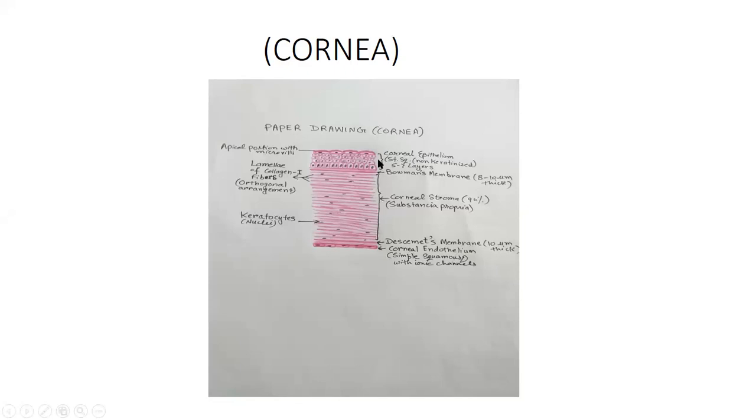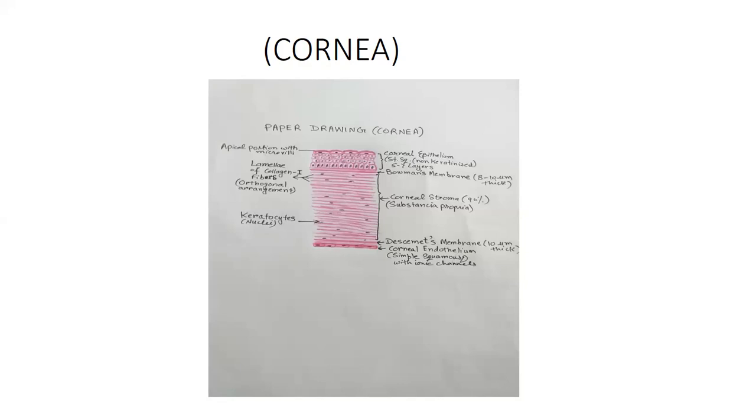So this is the epithelium, the first layer. Then comes the Bowman's membrane, that is a transparent acellular membrane. You will draw it like this, a transparent membrane. After that, 90% is substantia propria. In the substantia propria, you can see and appreciate the straight lines. Basically, these straight lines are intersection points of collagen type 1 fibers that run orthogonally. The orthogonal arrangement is ultrastructural; you cannot appreciate it on light microscopy. You will just see these parallel lines of collagen type 1 fibers, and in between you can see flattened nuclei that are scattered between the bundles.